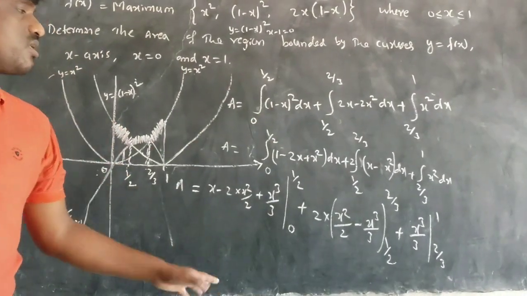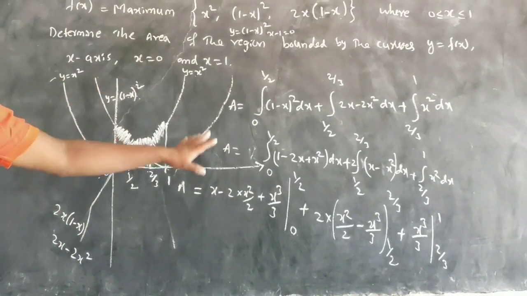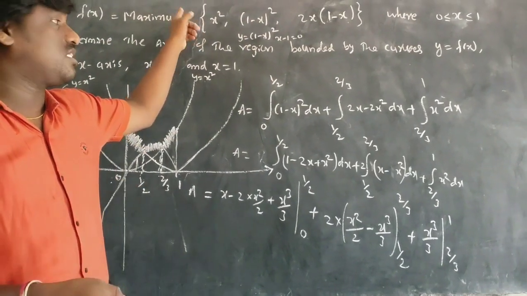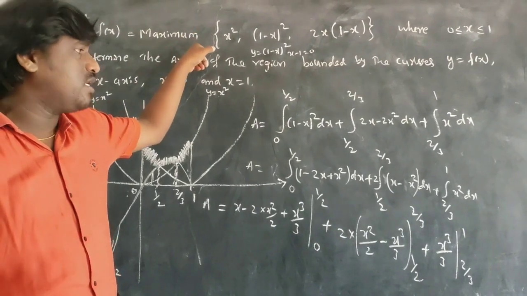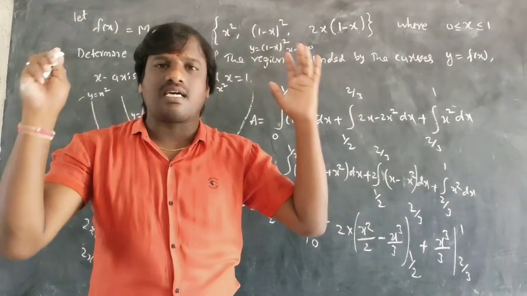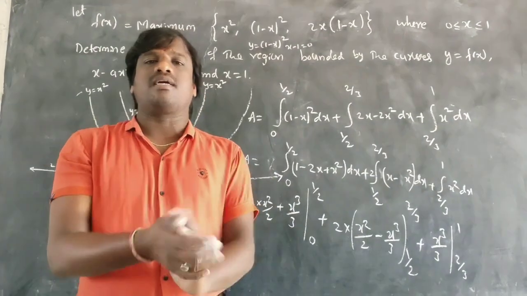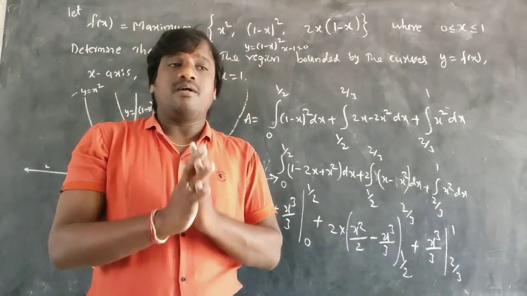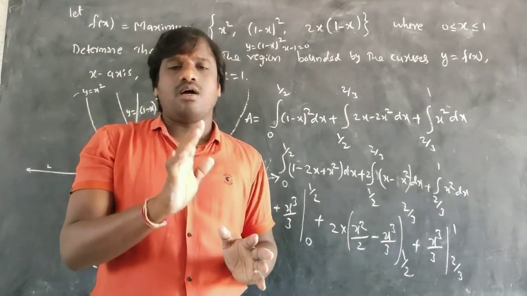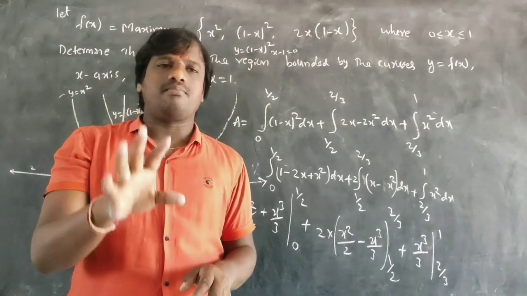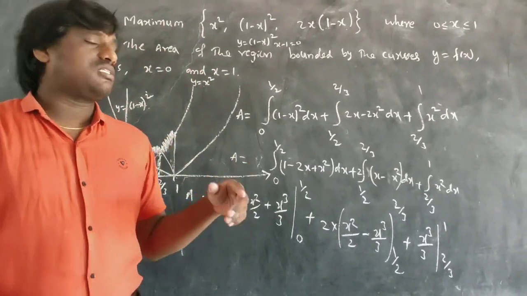The rest of the thing you can do. So this problem can be done this way. I explained max, in the previous lecture I explained min, and I explained this. Now we are going to find area between the curves. This is the most important topic. In the next lecture we are going to find area between the curves and I will explain all these problems. After that I will give you very shortcut tricks and shortcut formulas. So let's see in the next lecture.